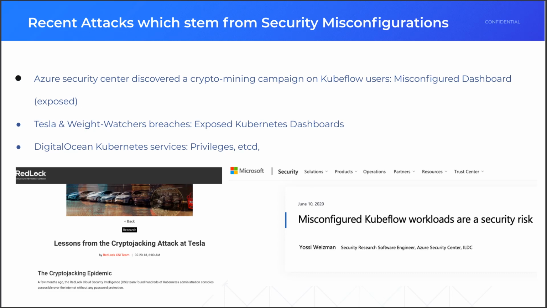And as a result, hackers managed to use this applicative dashboard and run a huge crypto mining campaign, right? I think about a month before, they discovered just an exposed dashboard that, again, crypto miner users used to run lots of large replica sets of crypto mining. So obviously, an exposed dashboard is probably the number one